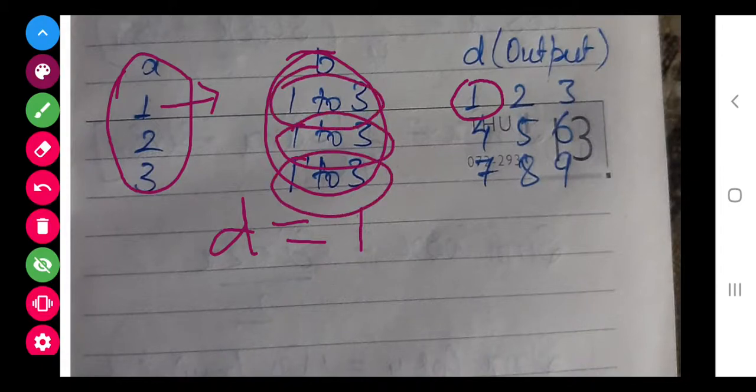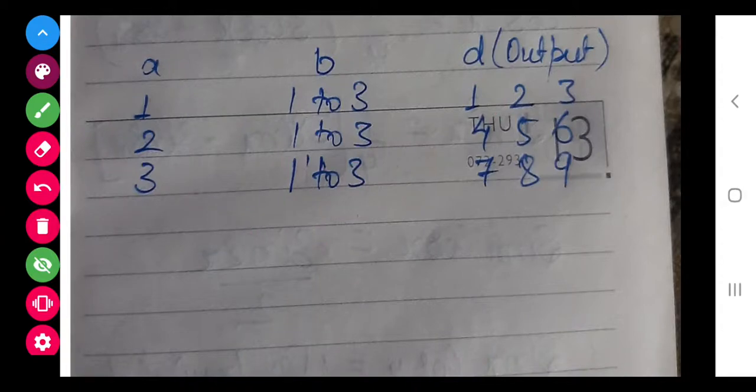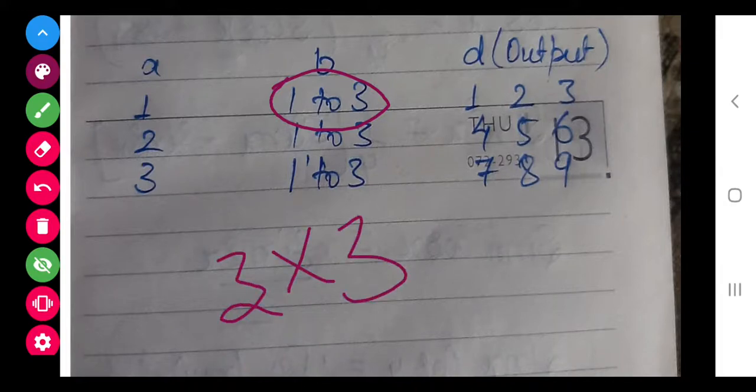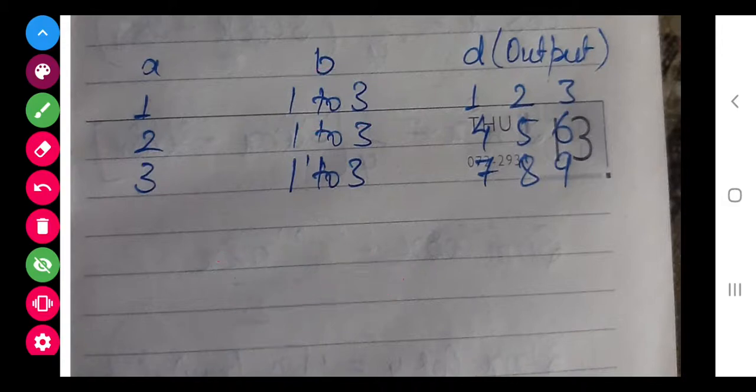What does it mean? The overall frequency of the loop is 9, that is 3 into 3. The inside loop will run 3 times for every value of A. So overall it is going for 9 times.